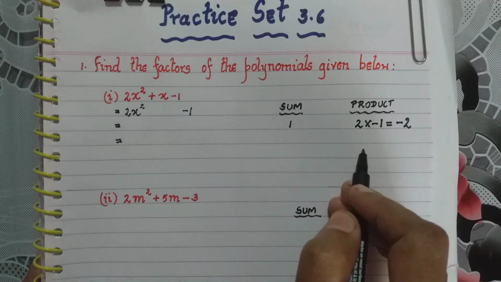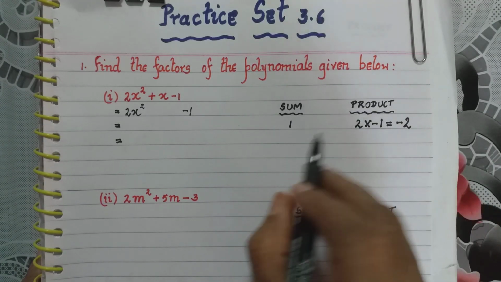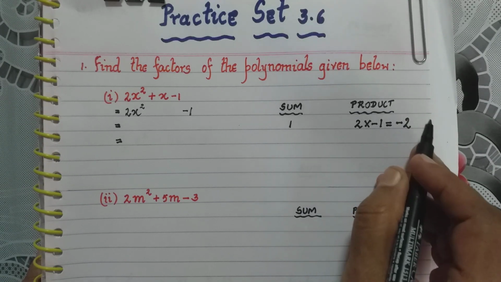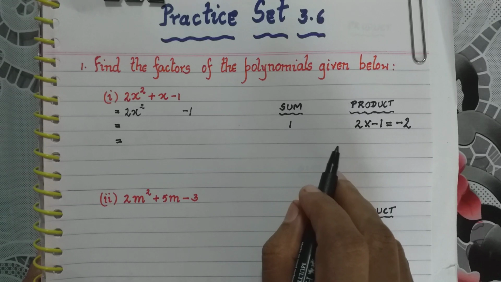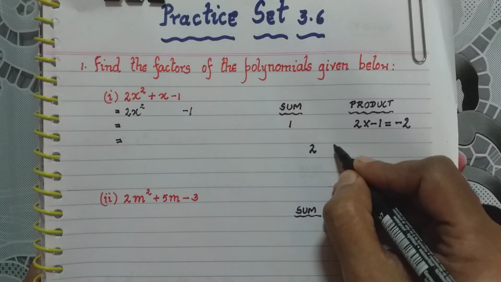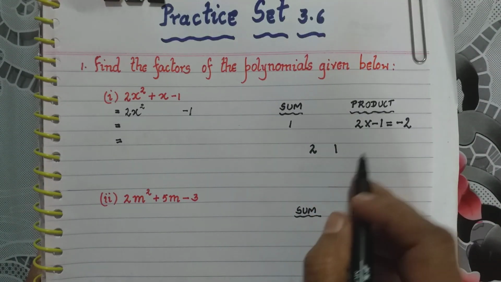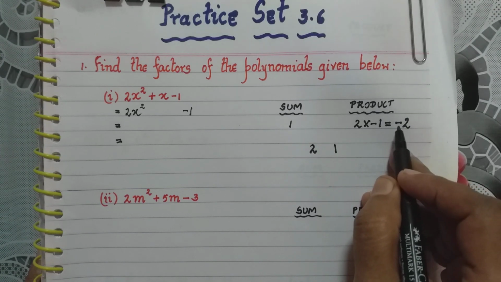Now you see I have two numbers, a number which is giving me what should be the sum of the two numbers, and a number which is giving me what should be the product of the two numbers. Now first let me look at the product. I am seeing that the product is 2. I have only 2 into 1 which will give me 2. But I see that the product, the sign is minus.